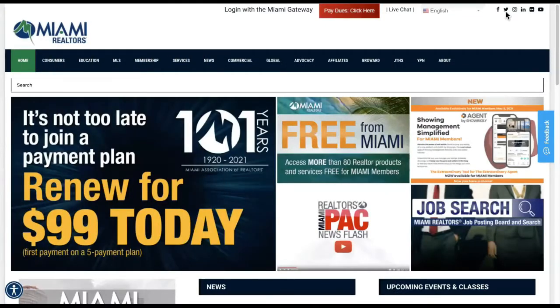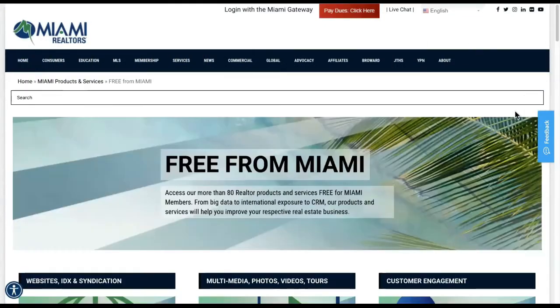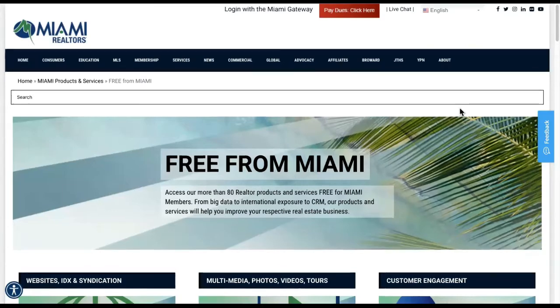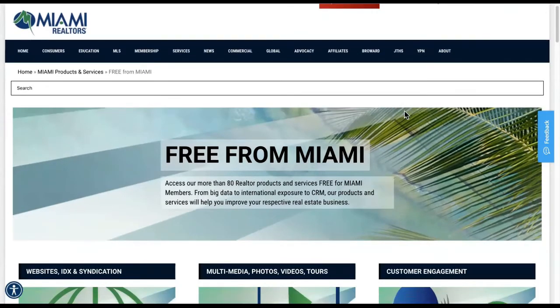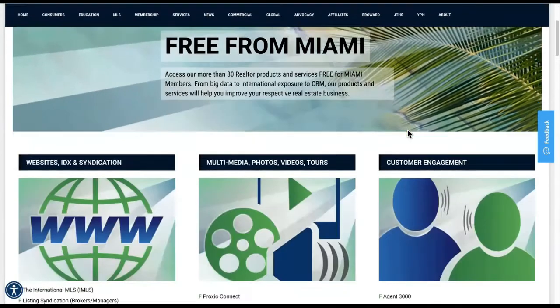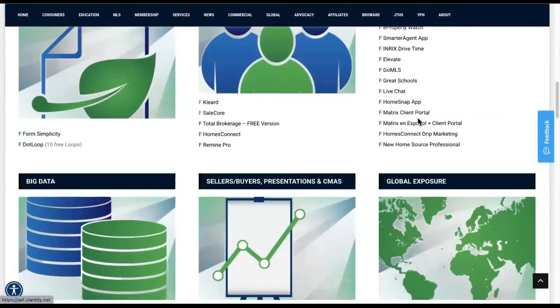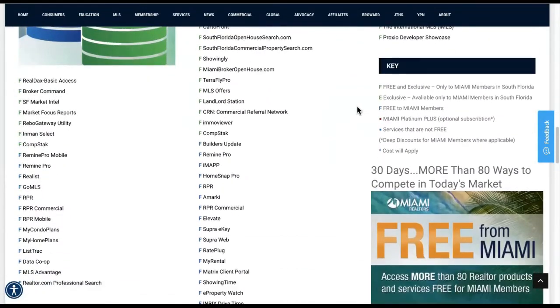This month was dedicated to Free from Miami. And if at any point in time you want to see what is free for our Miami members, you can go to miamirealtors.com/free from Miami. And you're going to see this page with tons of products and services that are free from